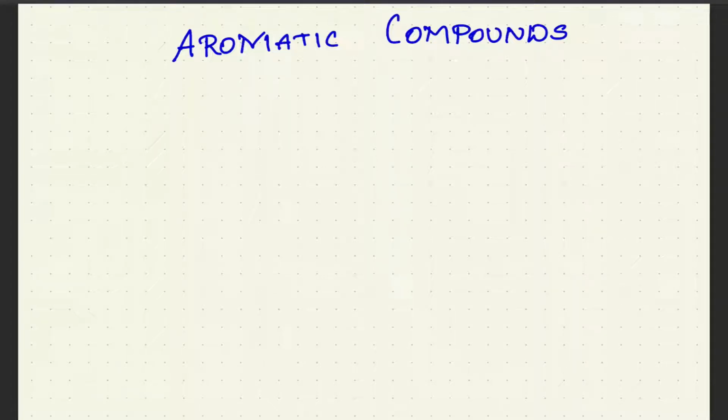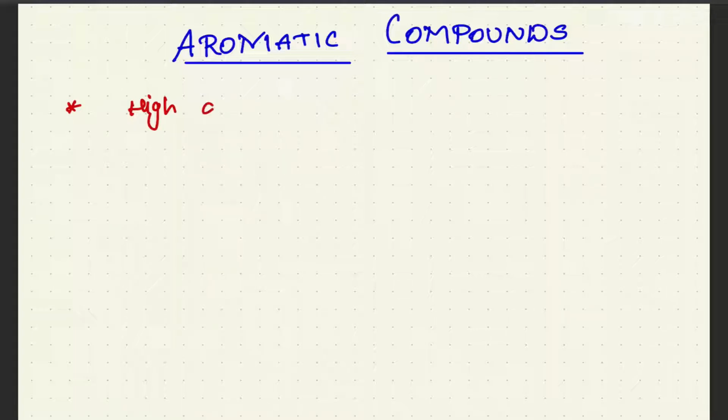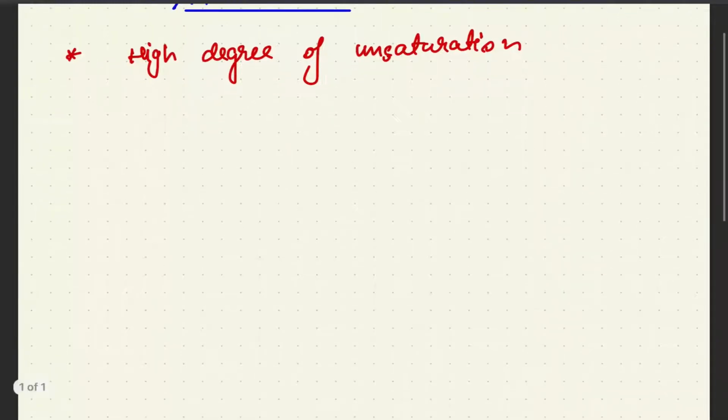Hello, today we are going to learn about aromatic compounds. So, coming to the aromatic compounds, the aromatic compounds are the ones which have a high degree of unsaturation. One of the most common aromatic compounds is benzene